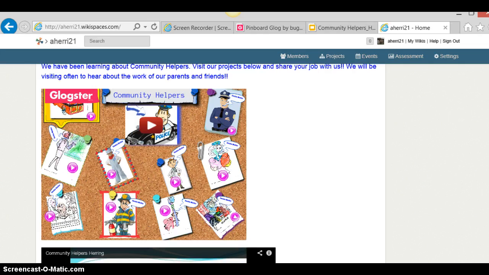The three Web 2.0 tools that I chose for this lesson were a Glogster, a slideshow, and posting these projects onto my wiki page, which you can see right here. On my wiki page, I also have